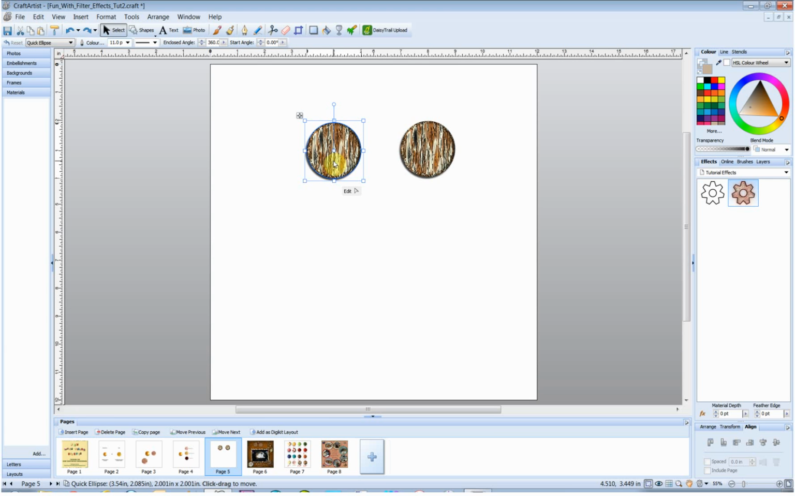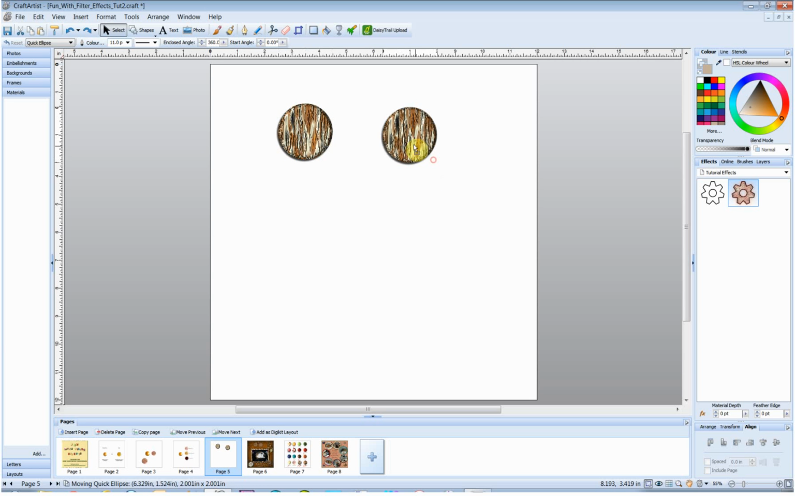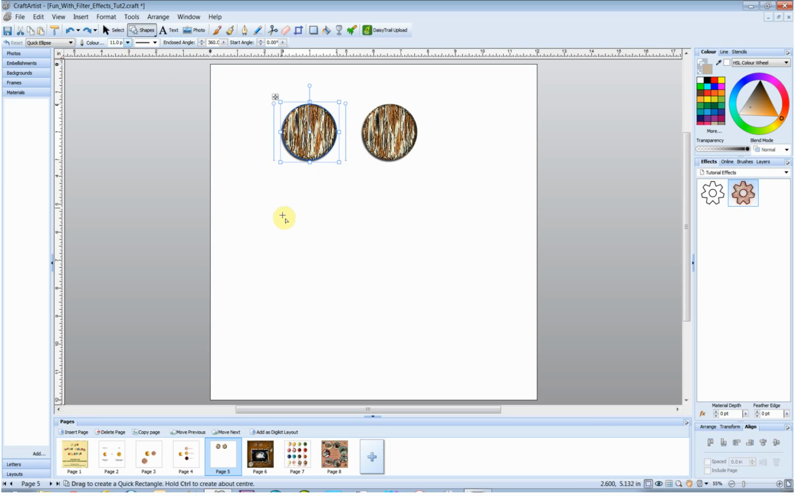So there we have it. There is an effect, a unique effect, at least until you viewers of this tutorial have a go at it. And I decided I just wanted to make a frame from it. So to make a simple frame, back into shapes, on the square,